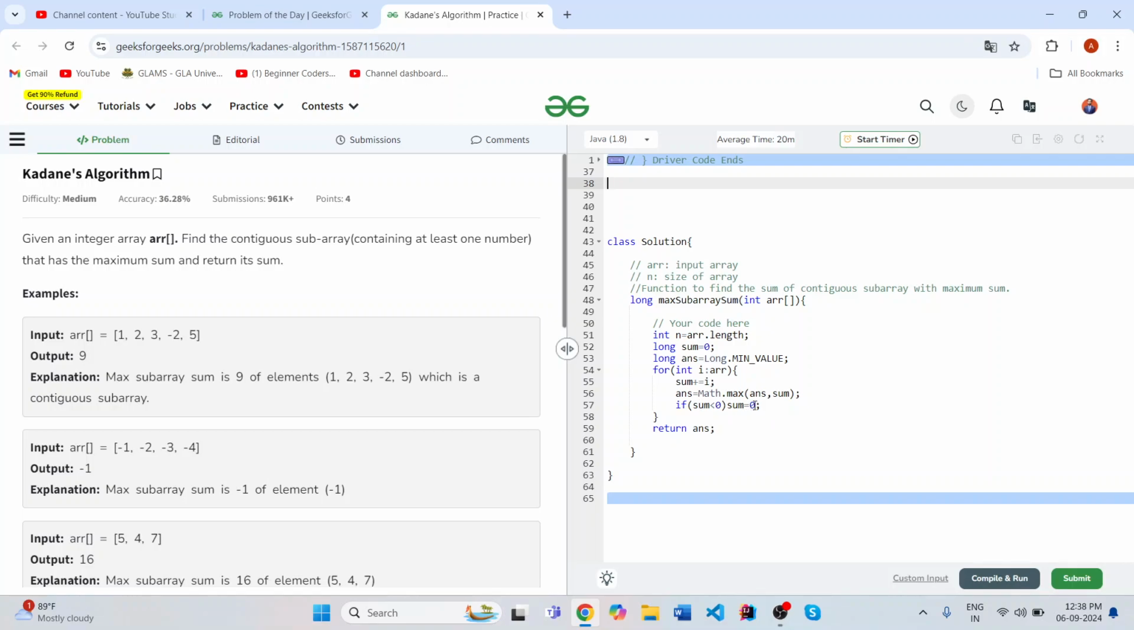So we just turn the sum to 0 and start fresh for the next subarrays. If it is greater than 0, that will add something to the next. But if it's less than 0, it will just reduce the next subarray sum, right? So that's why we just turn it to 0 and keep calculating the maximum subarray sum. So this was the simple Kadane's